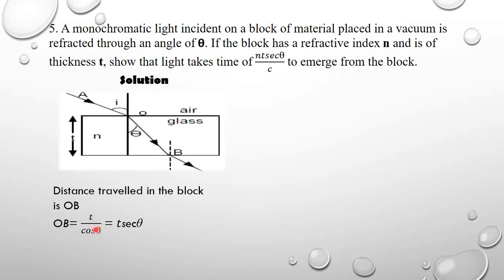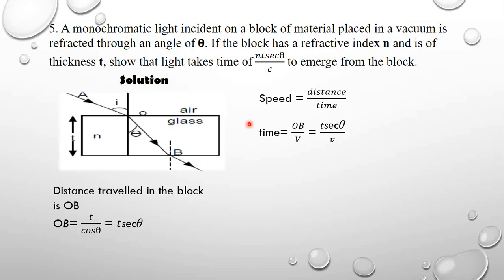So if I take the OB the other side, the cos will come here. So it will be t divided by cos theta, which will give us t sec theta, because we know that 1 over cos theta is sec theta. So we have that distance OB. Now what we need is to get the speed. So the speed is going to be distance over time. Remember our distance is t sec theta. The time is what we need. So we shall make time the subject,